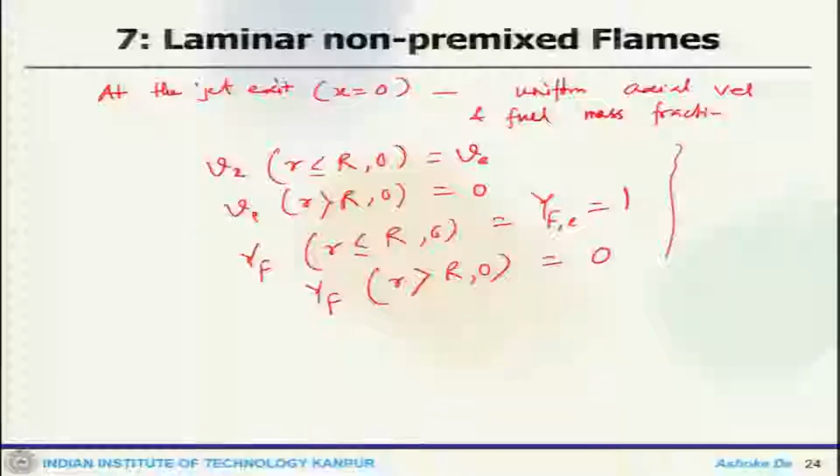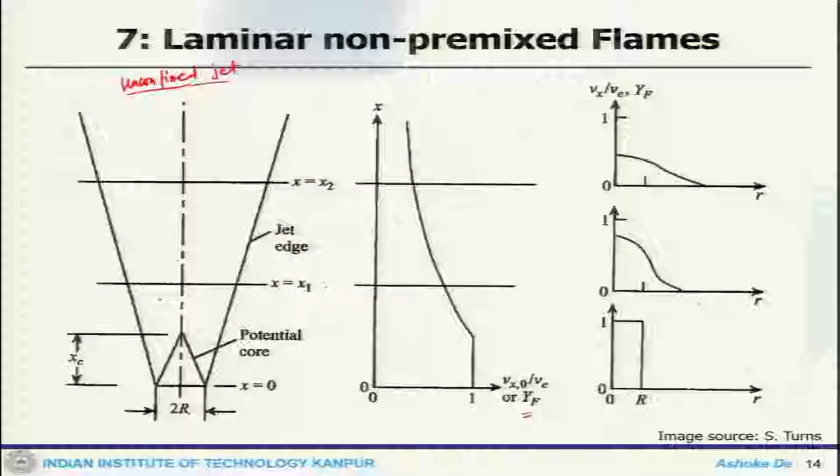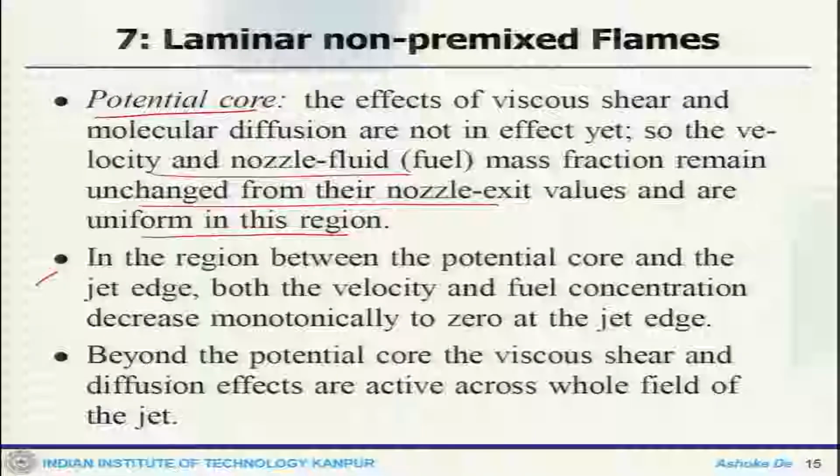Okay, welcome back, and let's continue the discussion on the laminar non-premix flame. So, we are looking at the jet diffusion flame and doing the detailed analysis and trying to find out the profiles and all these things. So, this is where we stopped on the boundary conditions and all these things. So, this is the jet, unconfined jet where fuel is coming in, and then with some of the assumption